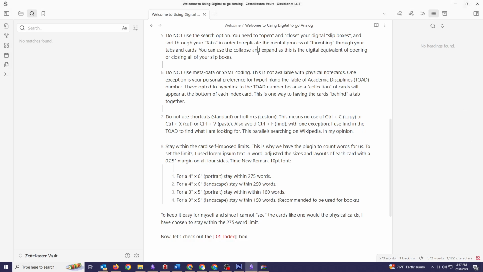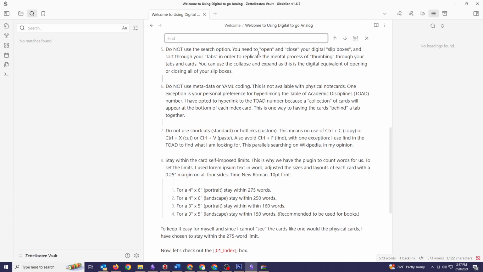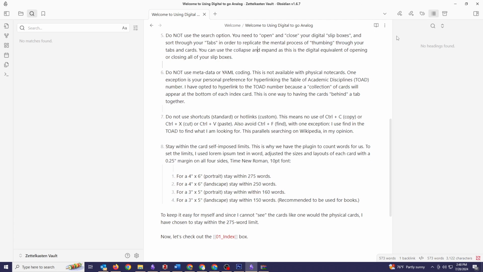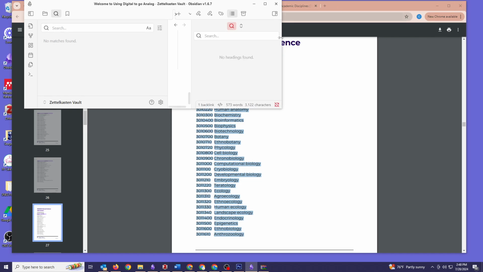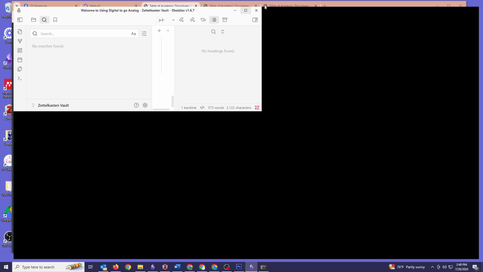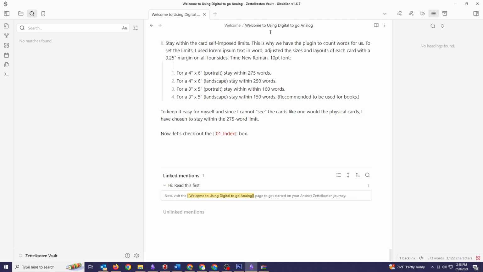You can also use Control F and find words or phrases within a specific note card, and you can use the search functionality to look for headings or subheadings depending on how it's programmed within the card on the right hand side. I do not recommend using any of these tools because again it negates the purpose of having an